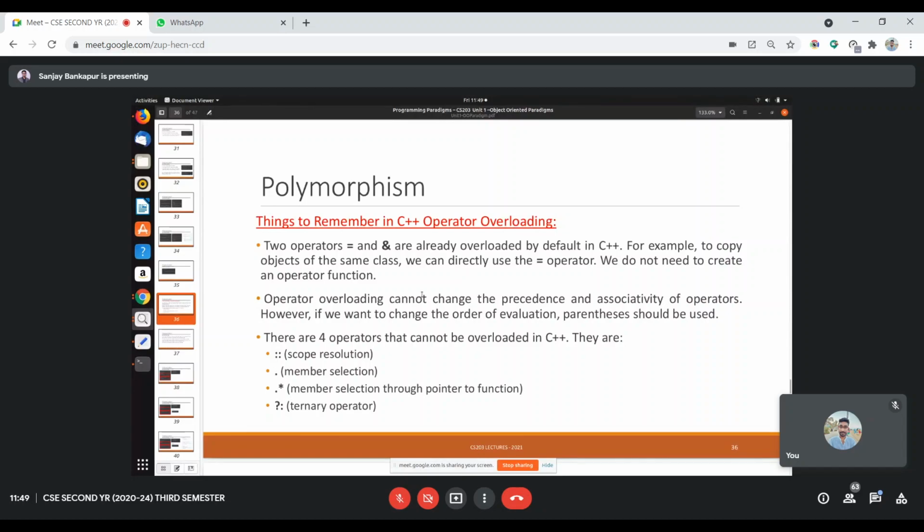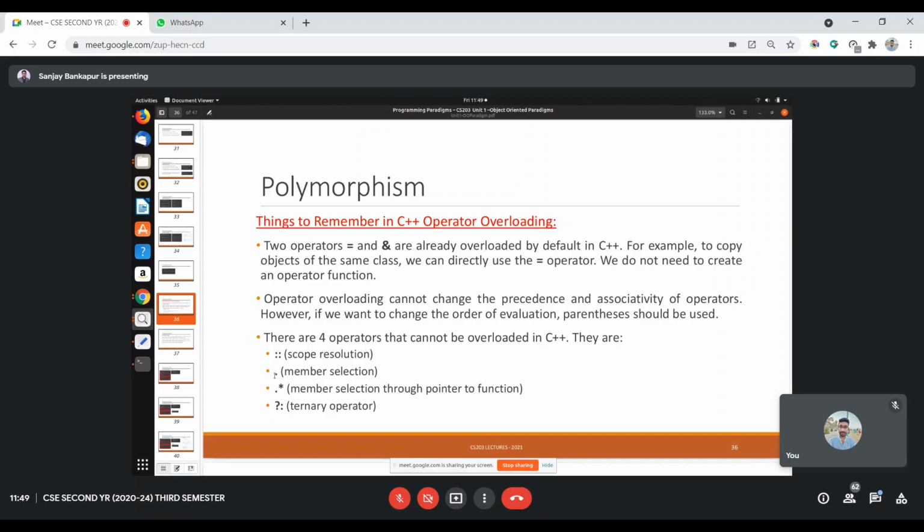There are four operators that cannot be overloaded in C++. The first one is the scope resolution operator. I know by now all the students are aware of what the scope resolution operator is. The next is the dot operator. We saw that we can access member attributes, member selection, through the dot operator.